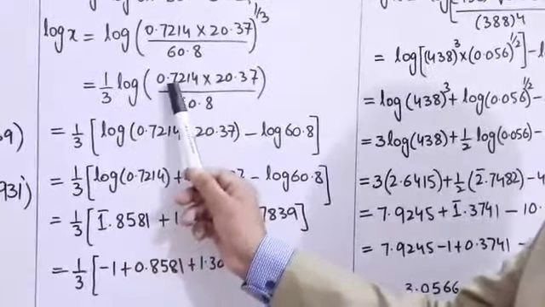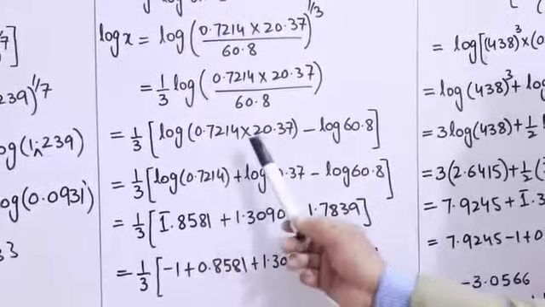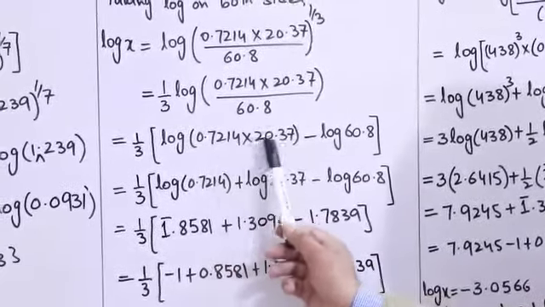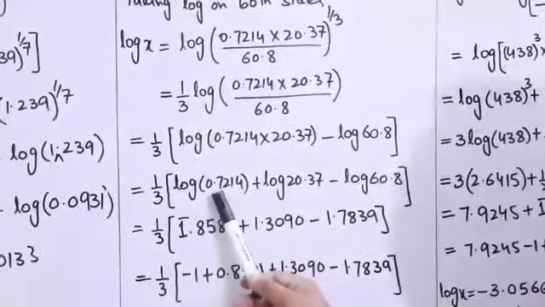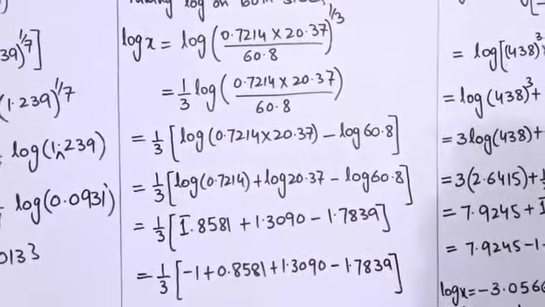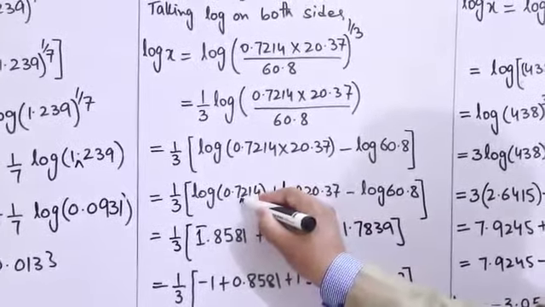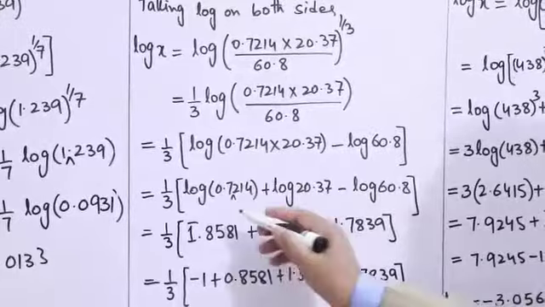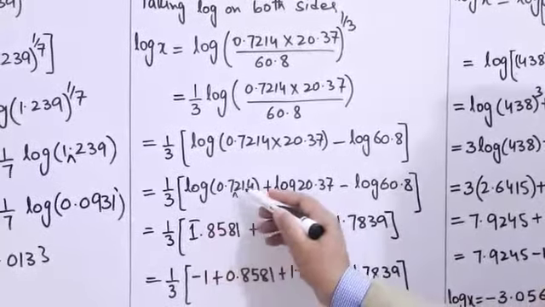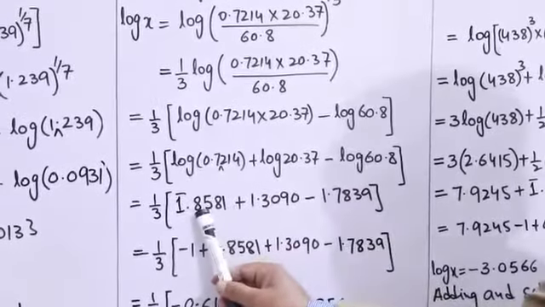The quotient law tells that this can be written in the form of a difference. Now this is in the form of a product, so we can write by using the first law of logarithm in the form of a sum. Now we have to calculate the logarithm. So the reference position is here, so the characteristic is -1, and by using a calculator we can find this is our